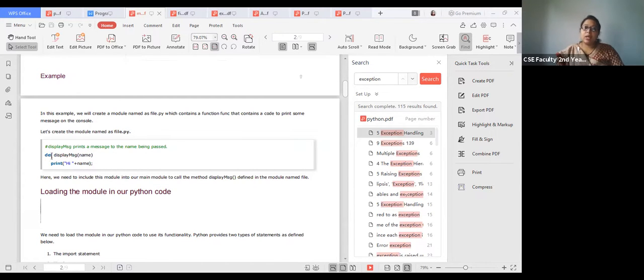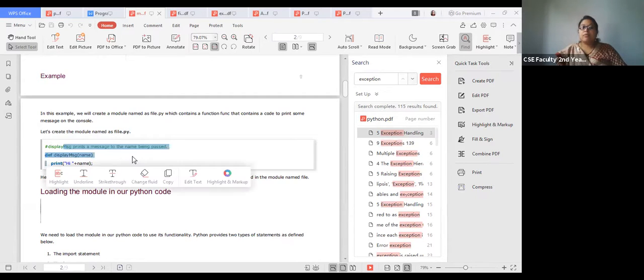Def is for the definition of a function. For creating a function in Python, you have to use def. What is the name of the function here? Display message. And what argument are you going to pass here? Only the name. When you pass the name, it will print as hi, some name ABC. Okay, so this is the function.